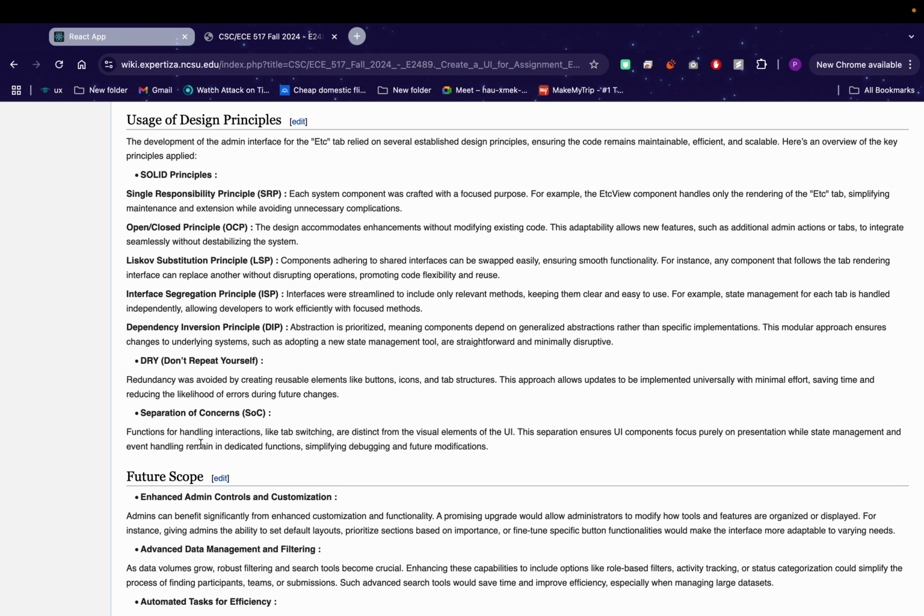We also prioritized DIP by depending on abstractions rather than specific implementations, which allows for smooth transitions to new tools. Following the DRY principle, we created reusable components to avoid redundancy and simplify future updates. Lastly, we maintained separation of concerns by separating UI elements from state management and event handling, ensuring clearer code and